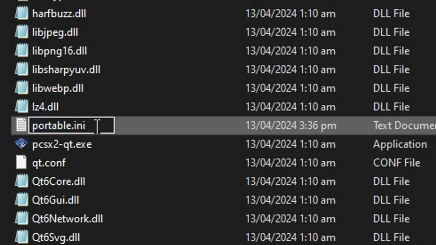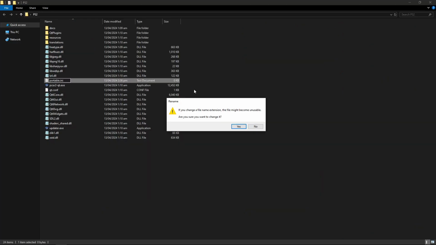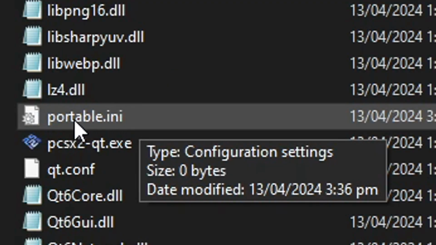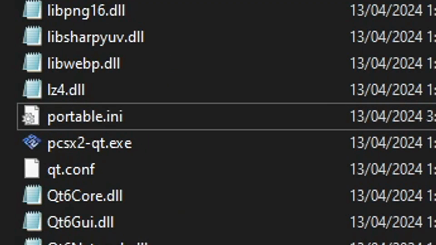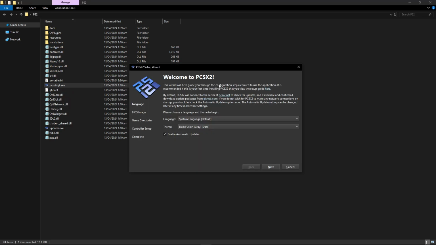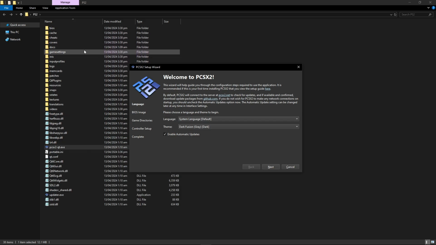It has to be written exactly like this, and when you click away, it's going to ask if you really want to change this one, and then click on yes. And if you see this little gear here next to the program, it means you did it right. Now you're gonna click here on this PCSX2 executable, so just double click on it, and if you did it right, all these folders will show up right here, just like it was before, but this is something that they changed on the latest version of this emulator.